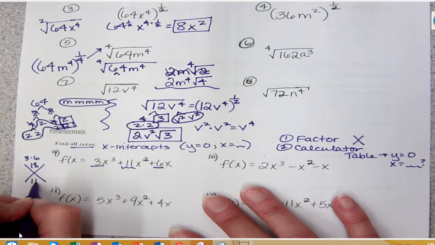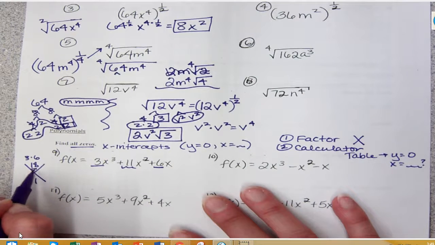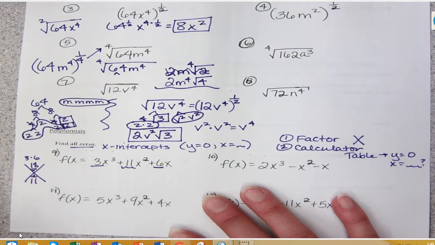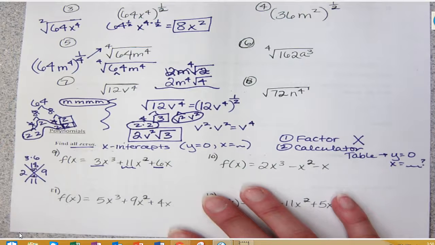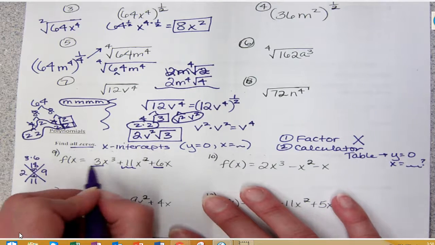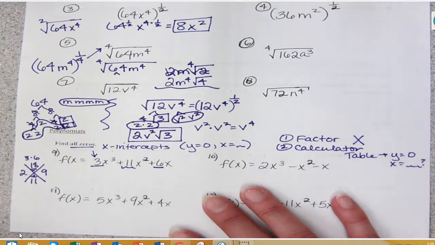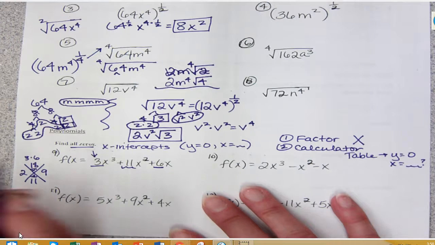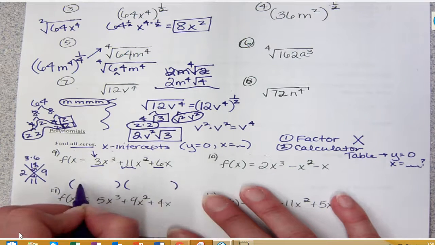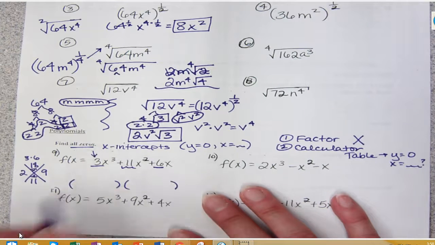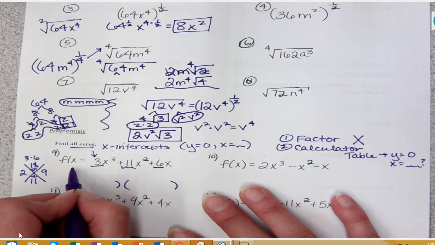Put that there. So I need to figure out what 2 numbers multiply to give me 18 and add to give me positive 11. Everything's positive, so that's going to be 2 and 9. Then, since there is this 3 here, I have to use my grouping, or I have to use my slide and divide. Since most of you guys like the grouping, I'm going to do the grouping. But the end goal for you guys is to find out what numbers are going to multiply to give me this equation back again. And so if I do